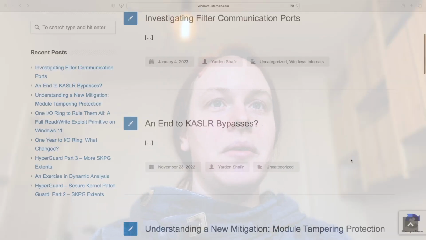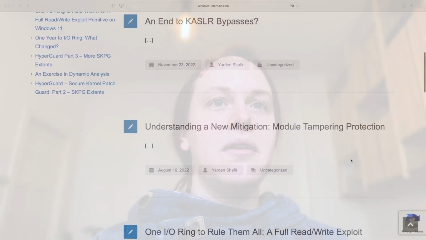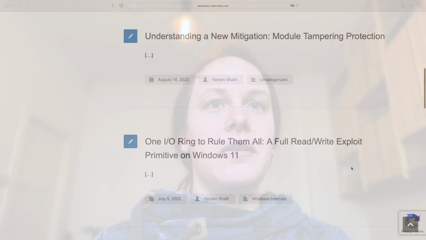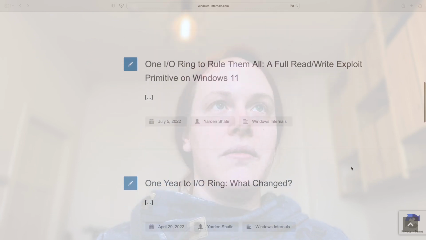Reverse engineering on Windows doesn't just end with reversing Minesweeper. There's a lot of cool stuff, many Windows internals to be discovered. Yarden covers some of them in her blog posts, and you can read them if you want to get into Windows security and all of those low-level internals.